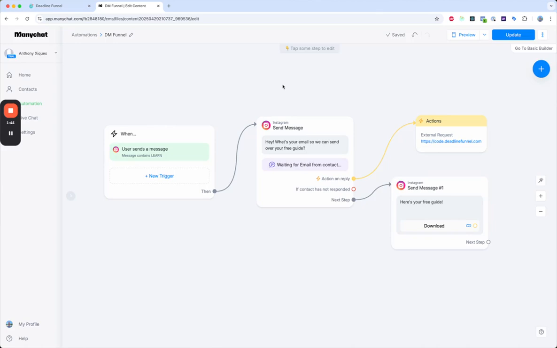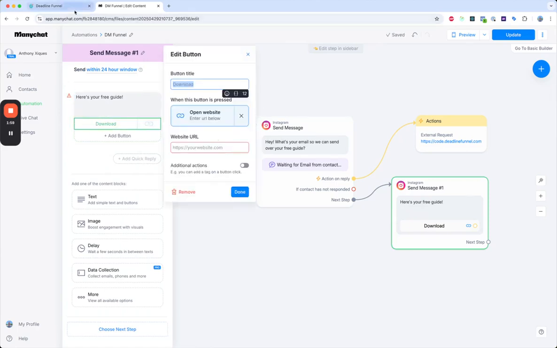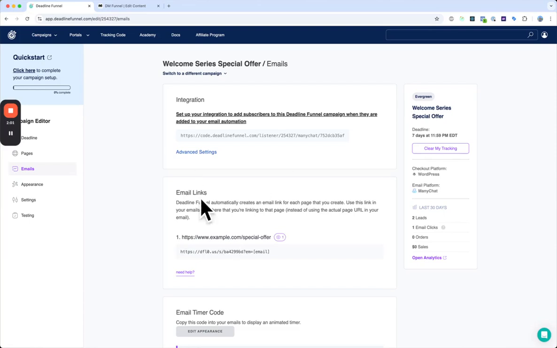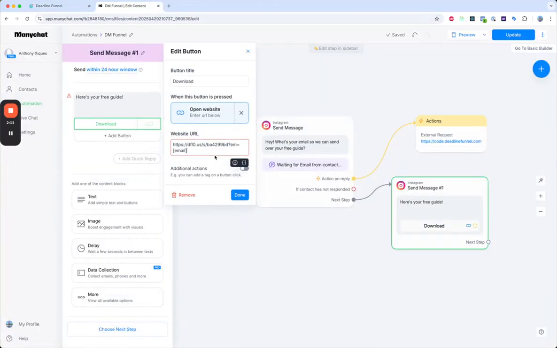But the most important thing about this first method is that Deadline Funnel is receiving the actual email address of the lead, adding that lead to Deadline Funnel, creating a new deadline, and then in our follow-up message, where we're now sending the link to the free guide or a special offer, anything along those lines, we're going to link this button using the Deadline Funnel email link from our campaign. So for any campaign page that you've added here to Deadline Funnel, go ahead and copy this email link, and